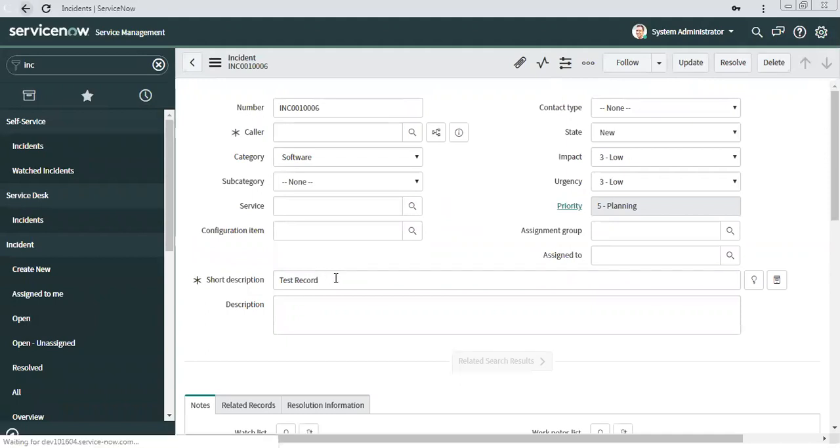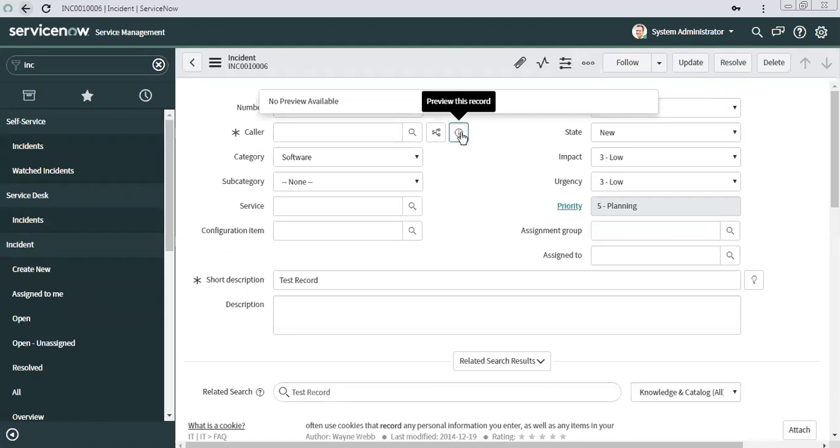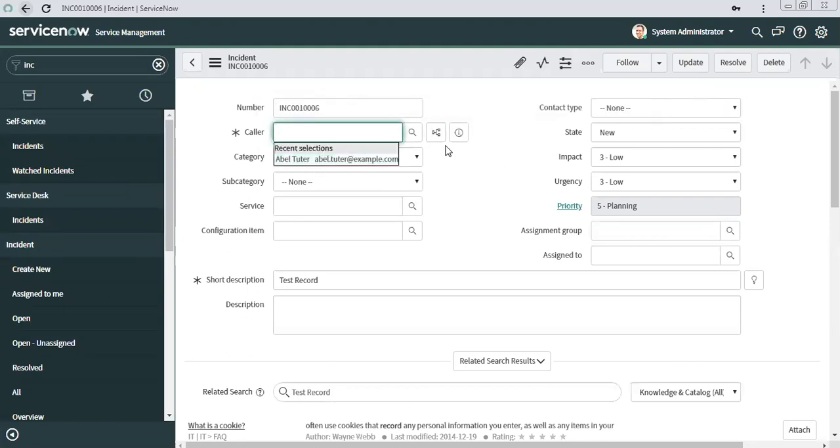It's created like test record, but if you see, a few things are not populated. I can't see the caller, because it expects the sys_id but we provided the name.